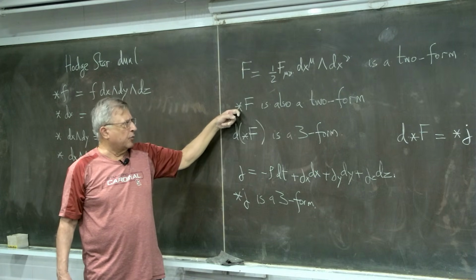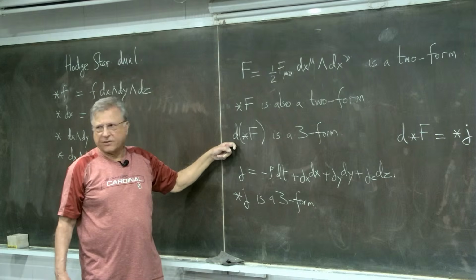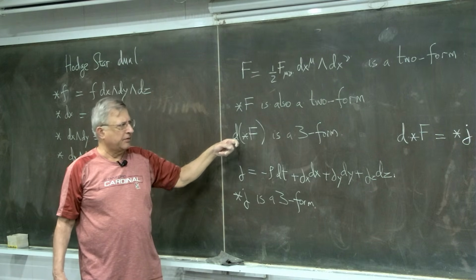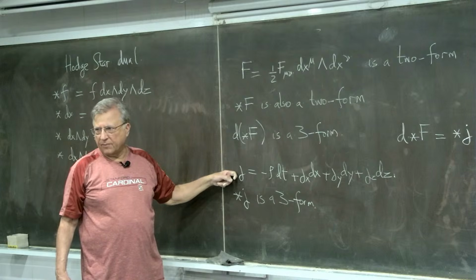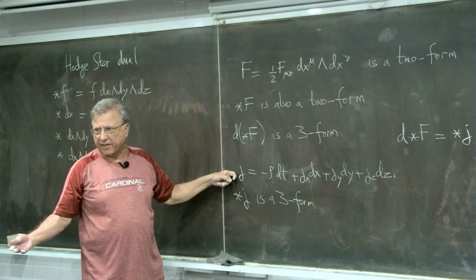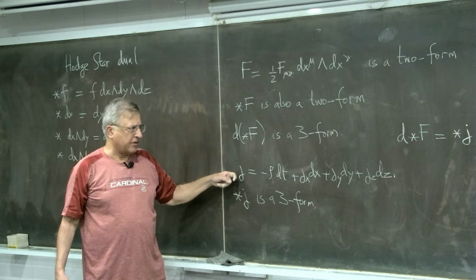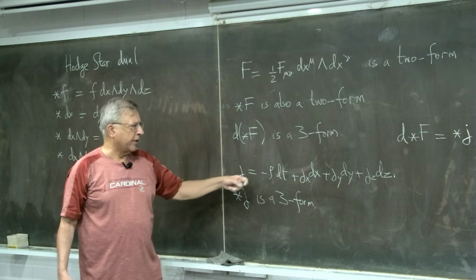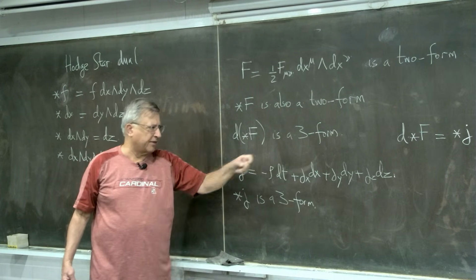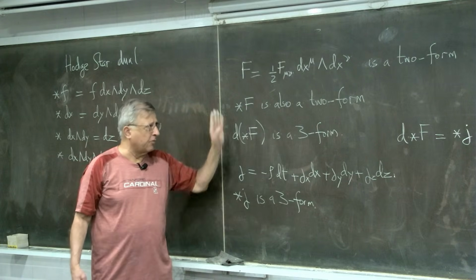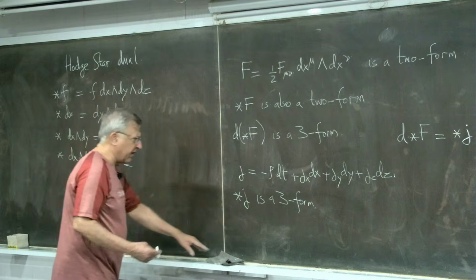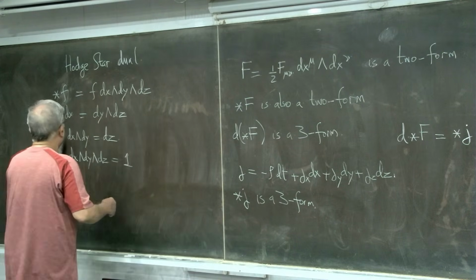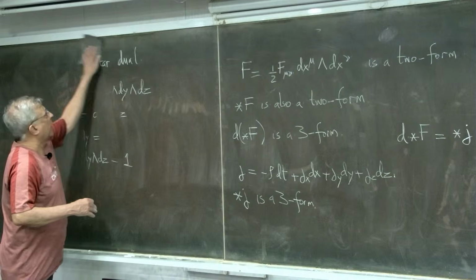Then you work out its dual, you take its exterior derivative, 3 form. Here is what we know from our definitions in electrodynamics, that this is a 4 vector with components rho, jx, jy, jz, and then this is a 3 form. And now, since we don't have time to go through all that calculation, maybe I will just